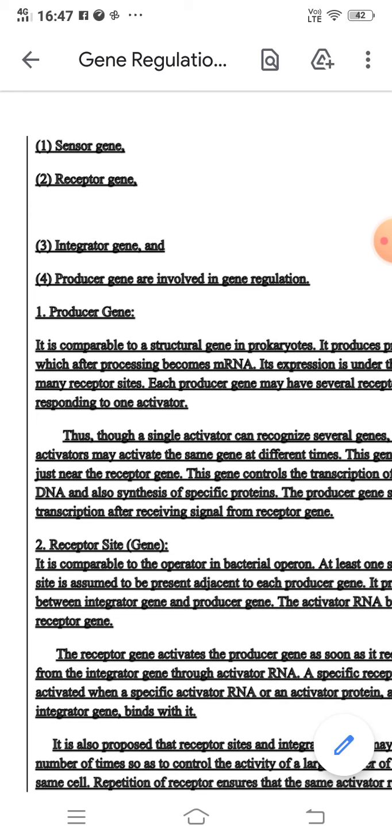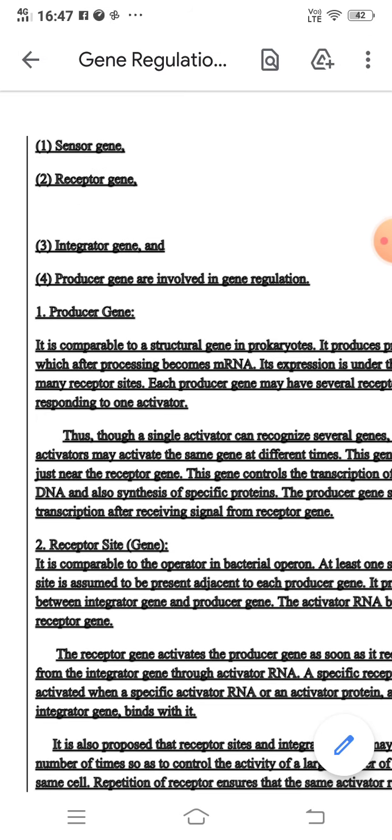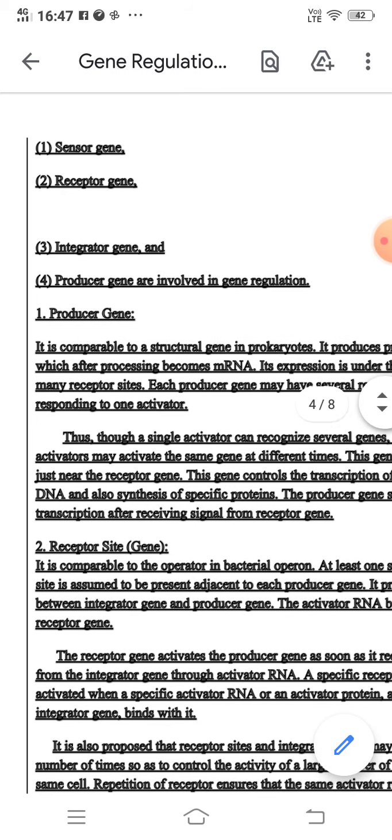Now this pre-messenger RNA is called the mature messenger RNA, where you will see that one end is 5' and the other end is 3', and it will get attached along with the ribosomes, that is the small and large subunit. The ribosomes will get attached on the mature messenger RNA along with the polypeptide chain to carry out the process of